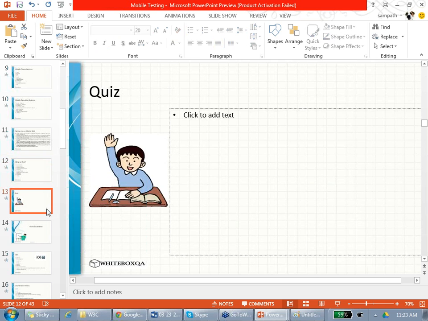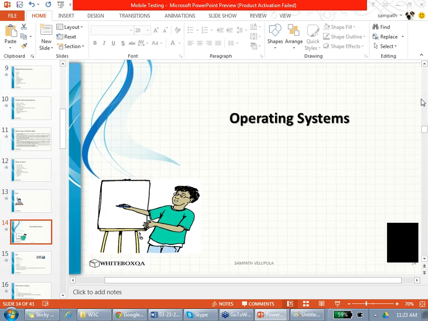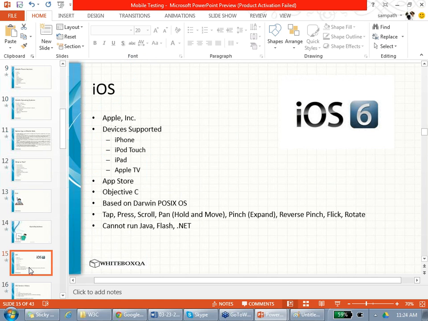Okay, coming back, let's come to operating systems. I know I have discussed Android and everything, but now let's actually really see what is iOS, and then let's go into Android. What is the latest version of iOS? Now we are talking about iOS 6.2.1 or something. They fixed a bug in Wi-Fi or something. So you can read that actually.